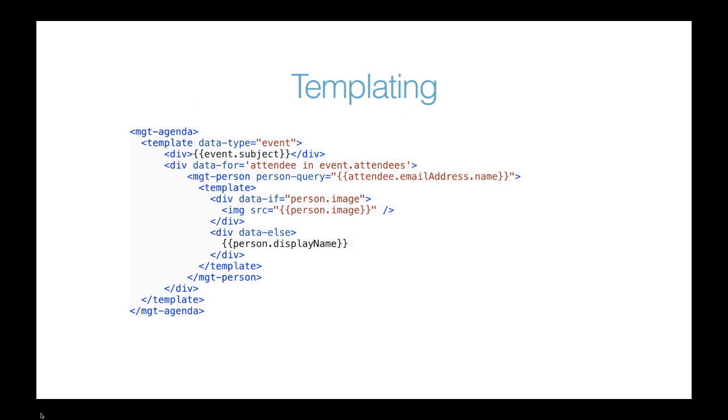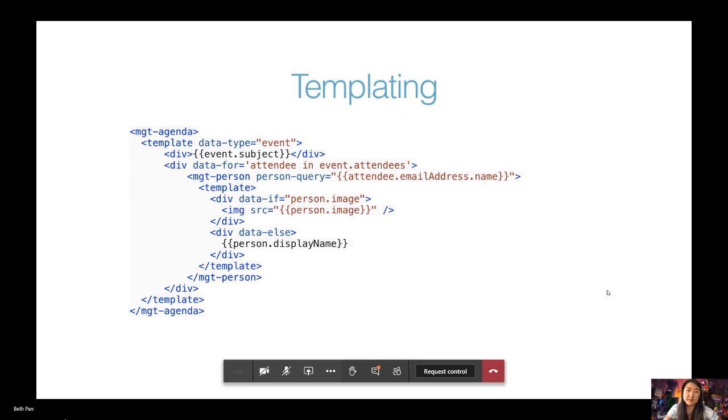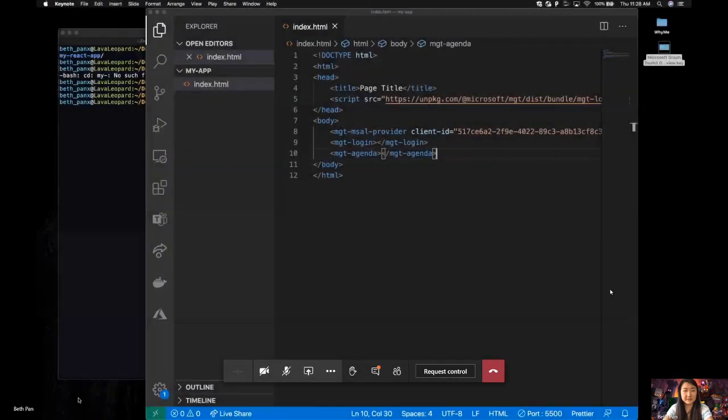Going forward. One thing that we thought might be very interesting for people is how to template your own component to add data that's relevant to your projects, and customize what's showing on your web application. So an example here for templating the agenda item is I can say that I wanted the data type for my template to be event. This is going to get all the events from my agenda components, and then looking at the event data, I could pull in the subject or email addresses or person's image because that's part of the event data. And a good place to find this again